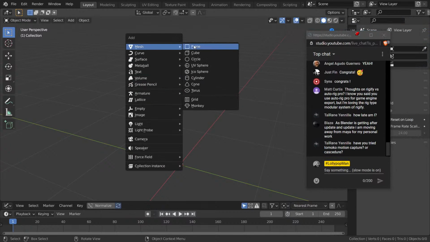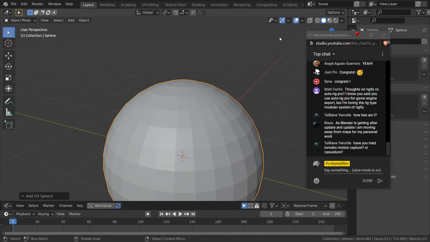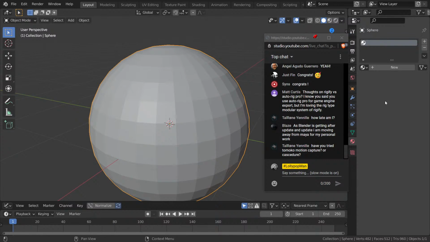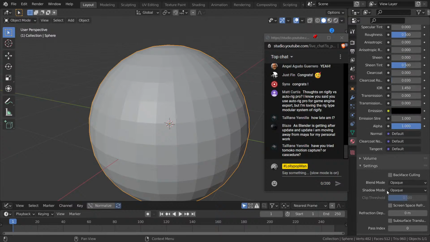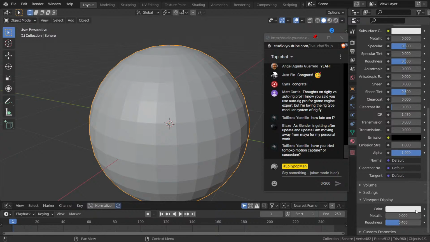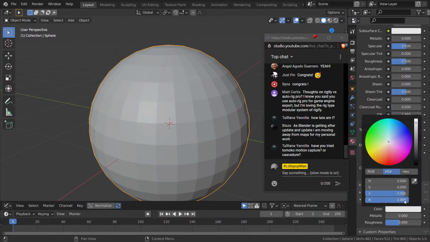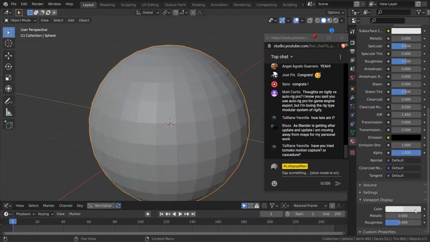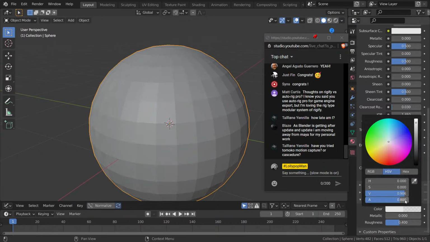So if I create an object, it has this material or non-material. If I create a new material, you can see there is a viewport display, and a value for the alpha and a value for the color, which is a preset. It's the default. But if I reset to default value, you can see that the alpha goes to 0.8, and that was driving me nuts because I was doing this project and I wanted to render a